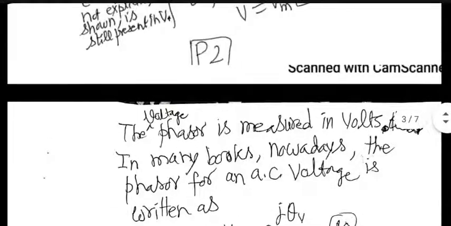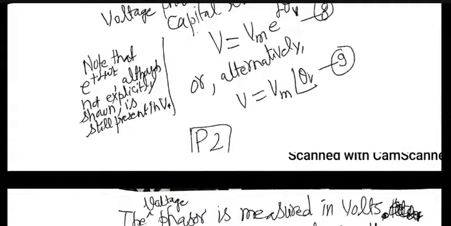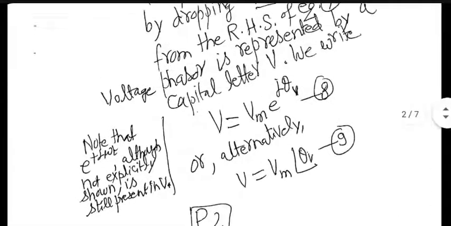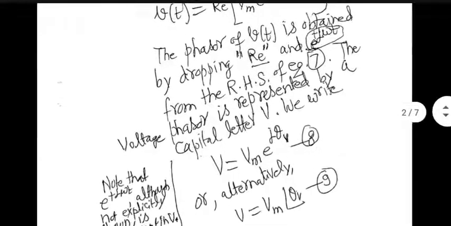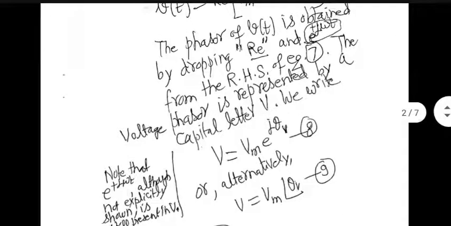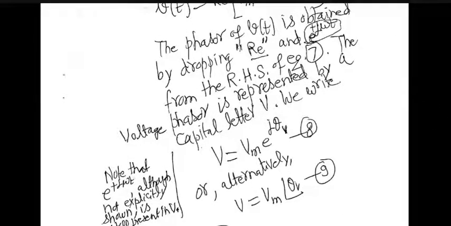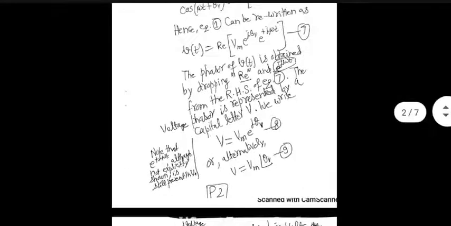In many books nowadays, instead of peak value, they use RMS value for defining phasors. Nothing wrong with that, just that you got to be aware of what you're doing. I would prefer that in this course we stick to peak values for defining phasors. However, there will be some books where there will always be some difference compared to your result by a factor of 2 or square root of 2, because they are using the RMS definition of phasors rather than the peak definition. As far as I am concerned, I'll mention to you that I am using peak values throughout for defining phasors of voltage and current.